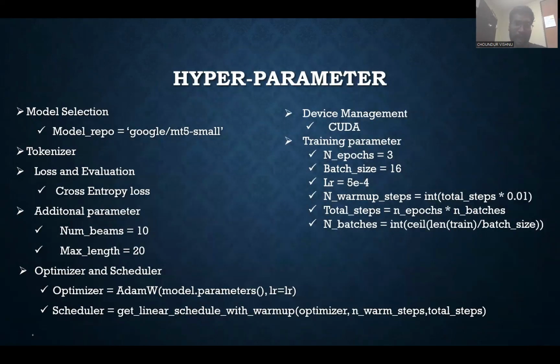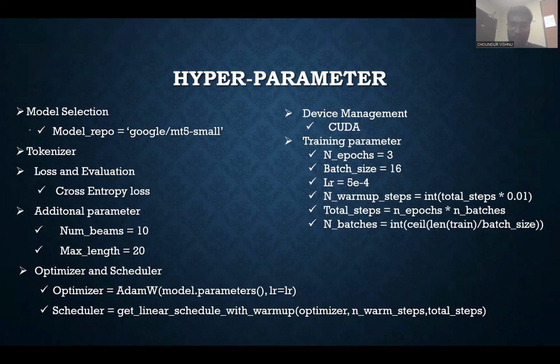So these are the hyperparameters that we have used. The model selection is the Google MT5 small model, and we are going to use the cross entropy loss while training the model. The maximum length is 20. In the optimizer, we are going to use AdamW, and we are using get linear schedule with warm-up.